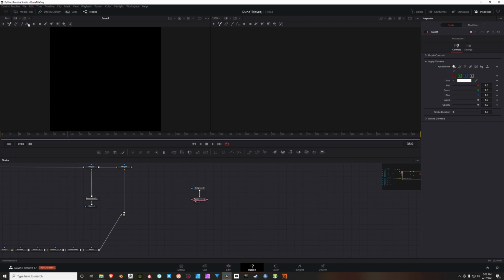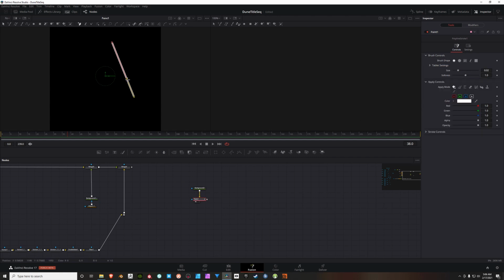And the first thing I'm going to do is select the polyline tool, and I'm just going to click once and click again. And what we're going to do is create those random lines that you see in those title sequence. So after you've created the line, you can come over here and change the size of this, and we're going to do this